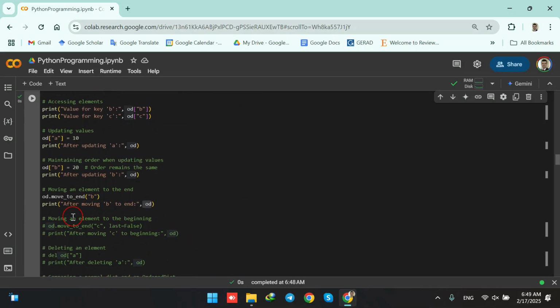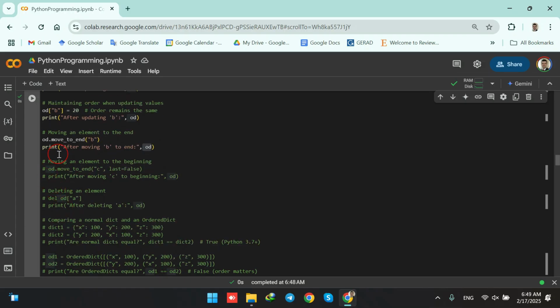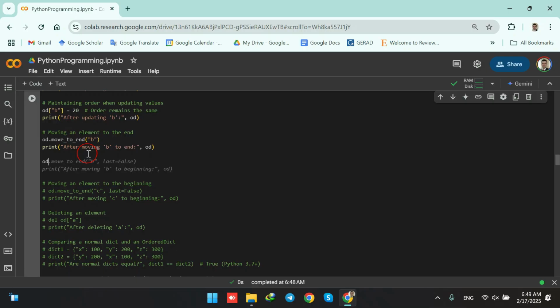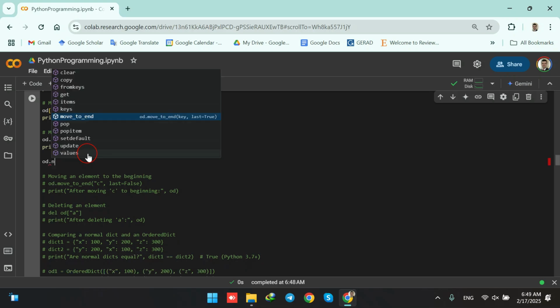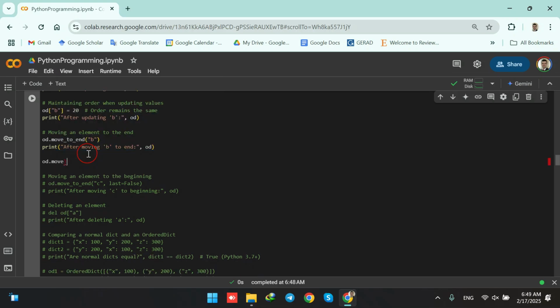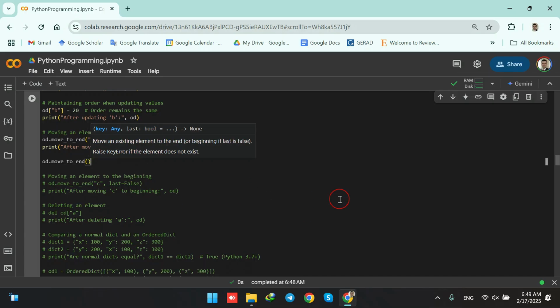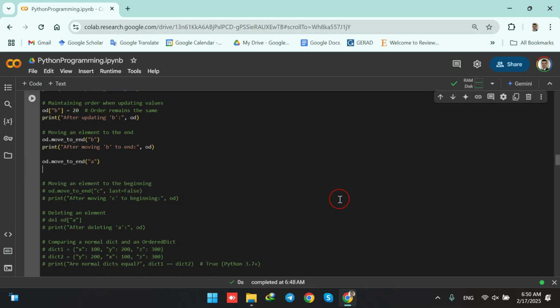And okay, now what if we want to move, for example, A to the end? If I want to move A to the end, again, I write down the name of my order dictionary, then I use the function move_to_end, and then here I write down, for example, A. This is how I can move A to the end, and then I simply print